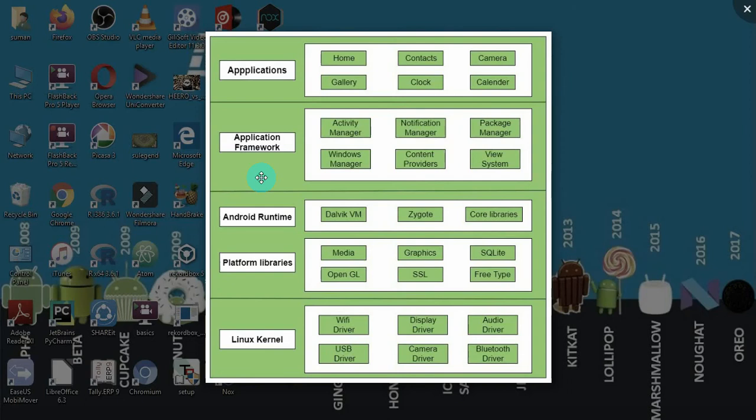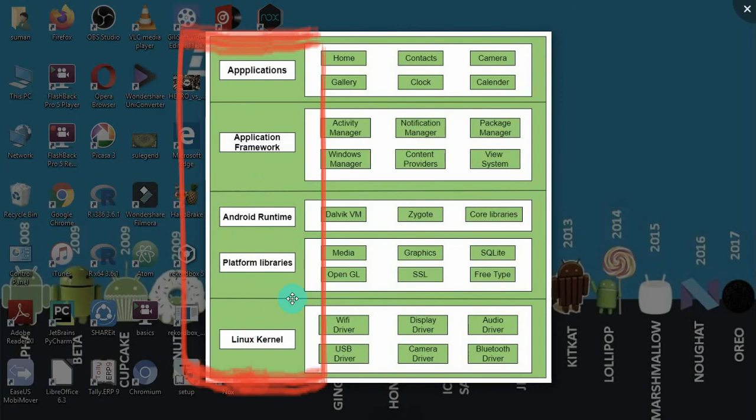All right, now we'll go in depth about the architecture. If you see the simple diagram I've loaded here, this Android architecture contains a number of components which support the Android device: application framework, Android runtime, platform libraries, and Linux kernel.